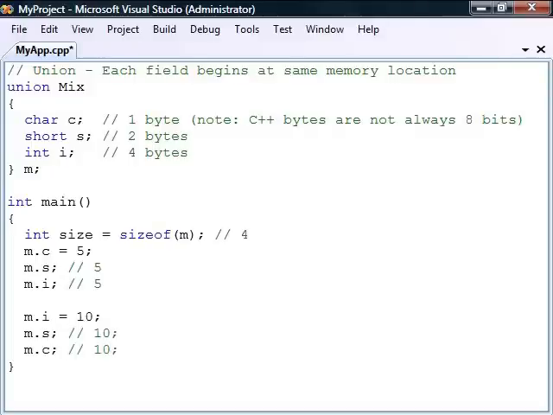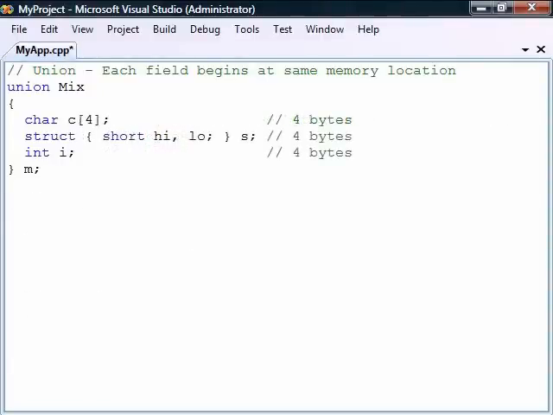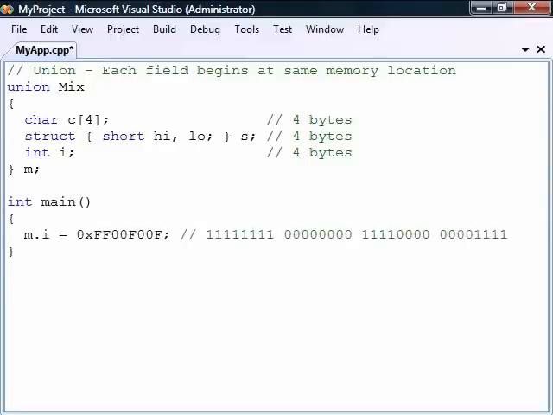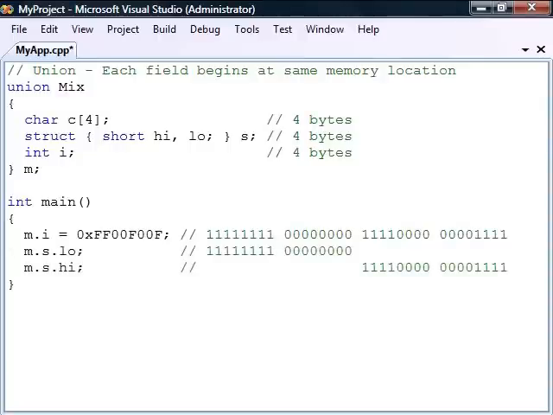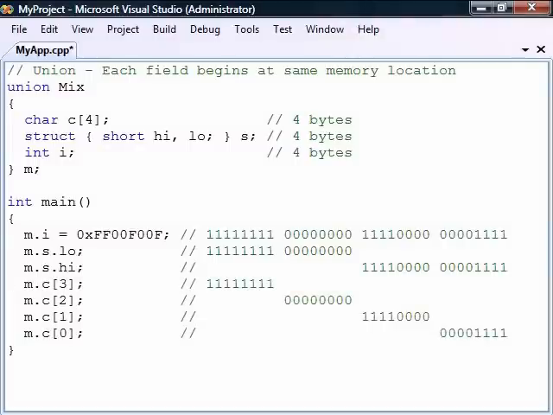The benefit of a union, in addition to efficient memory usage, is that it provides multiple ways of viewing the same memory location. For example, we can declare a union with 3 data members that allow us to access the same group of 4 bytes in multiple ways. Using the integer field, we can access all 4 bytes at once. Using the data structure, we can view 2 bytes at a time, and using the char array, we can view just a single